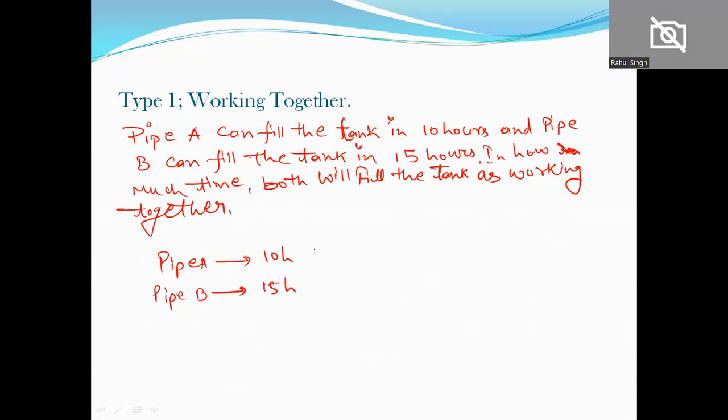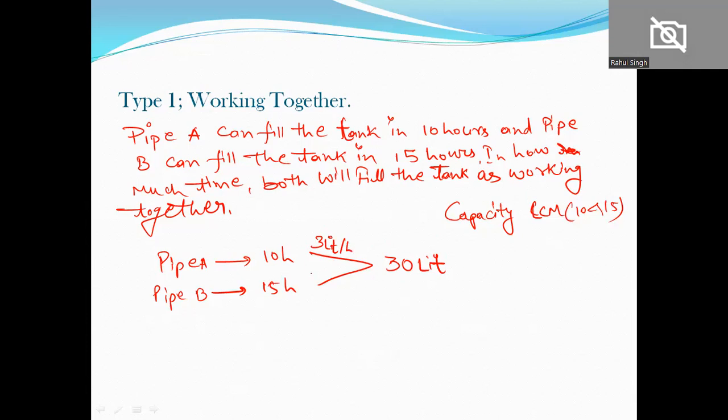Now we don't know what the capacity of the tank is. So let's assume something like the LCM of 10 and 15, and that's nothing but 30. So let's assume that the tank has a capacity of 30 liters. So pipe A can fill 30 liters of water in 10 hours. So it must be putting 3 liters of water in every hour,